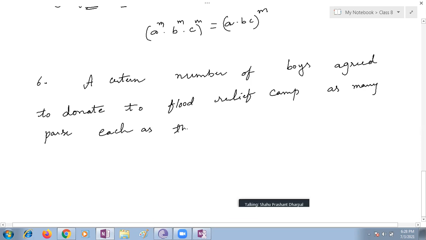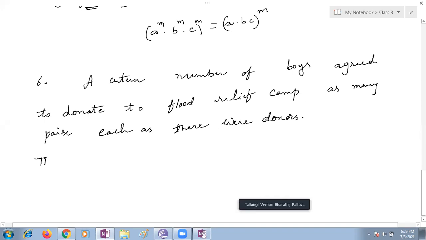Ma'am, what did you write there? As many paise, P-A-I-S-E, paise. Rupees, paisa, right? You can pronounce that one in different ways. Each has their donors. How many donors are there? That many donors. Donors means those who are helping people in trouble. The whole amount of donation was the whole.